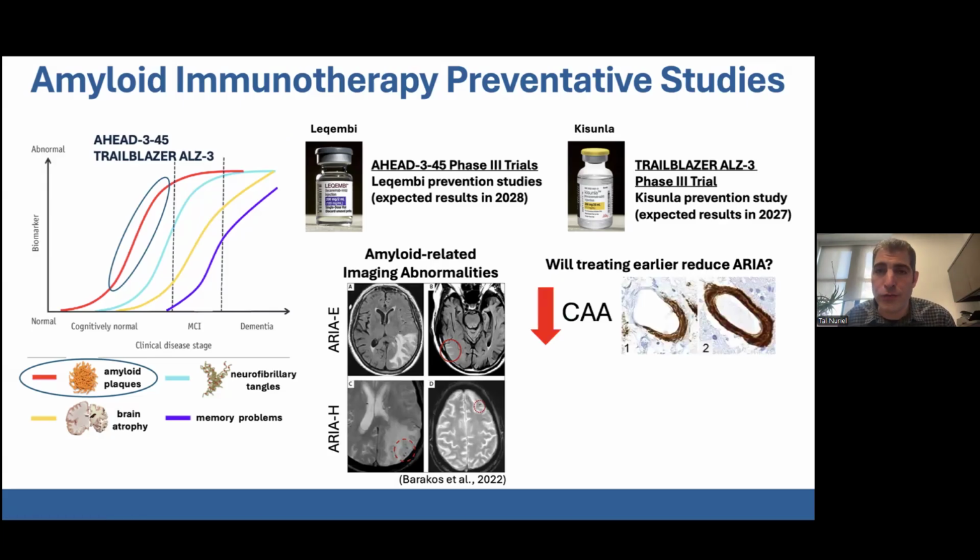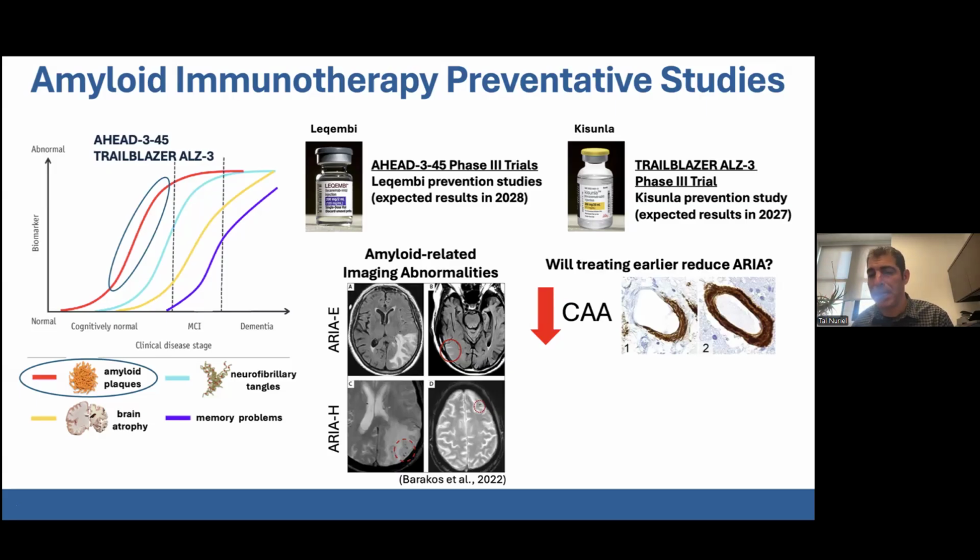One of the reasons this ARIA phenomenon occurs, these side effects, is that with Alzheimer's disease, especially in APOE4 carriers, you get something called CAA, cerebral amyloid angiopathy, where you get the amyloid actually building up around the blood vessels,